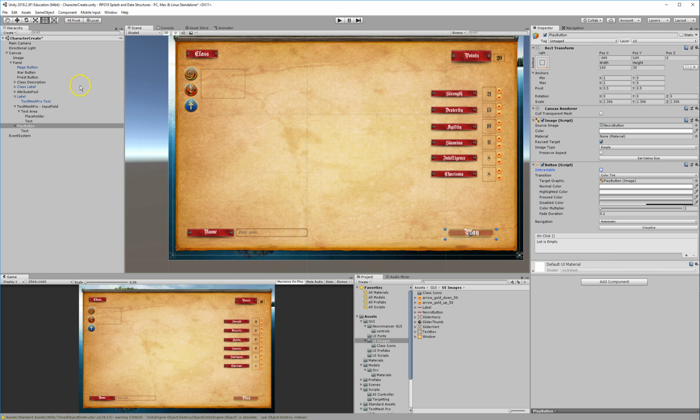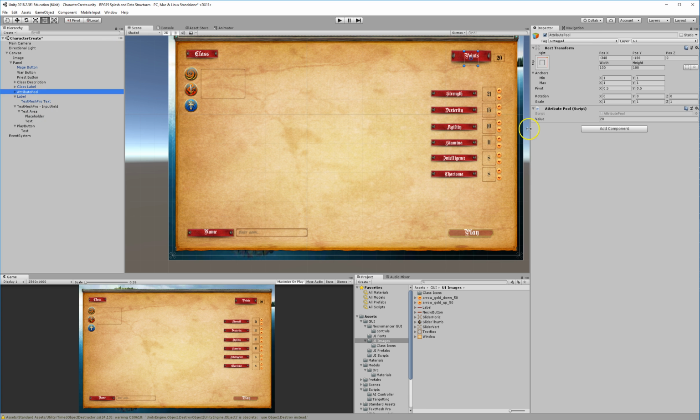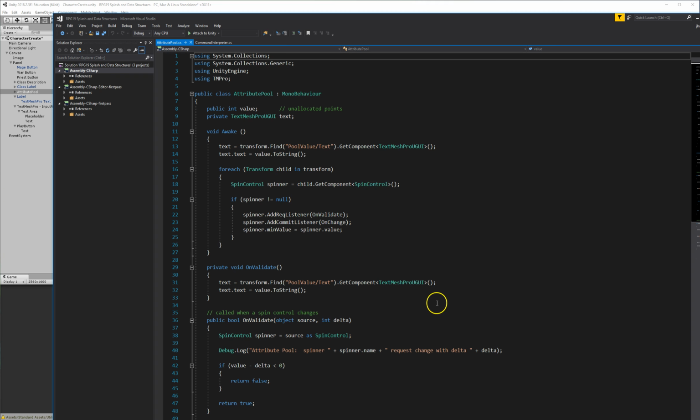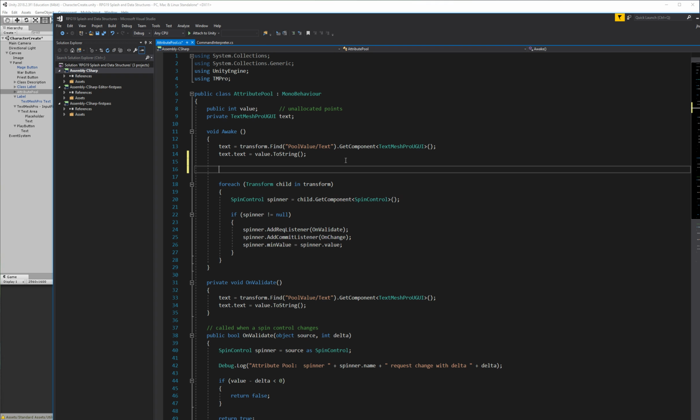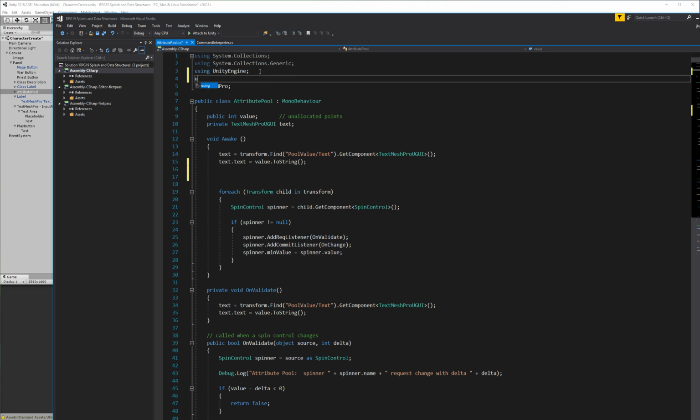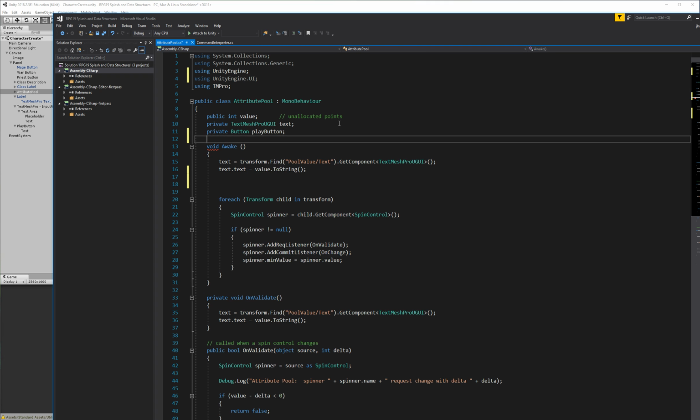So recall doing that is from the attribute pool. Attribute pool is a script here. Attribute pool, great. So I'm going to want to get one more piece of information out of here then. I want my button, and I don't think I have UnityEngine.UI here, so using UnityEngine.UI to allow me to have buttons. And I will have a private Button playButton, and that will be play